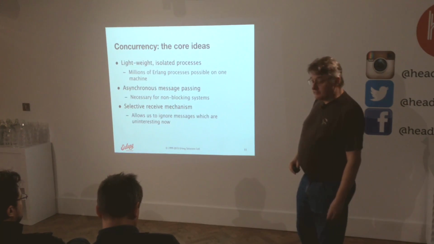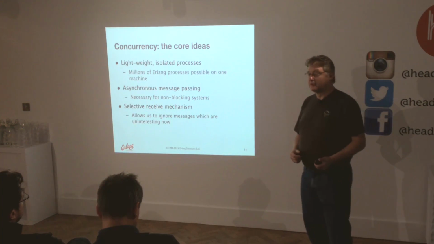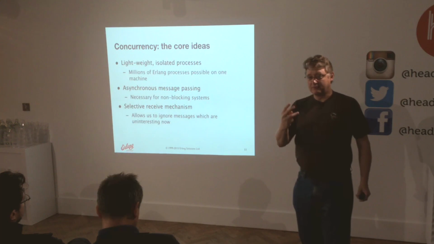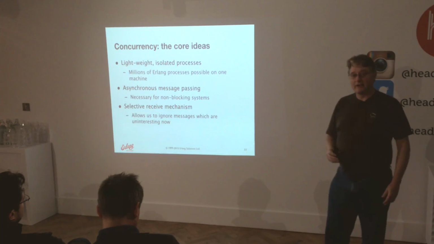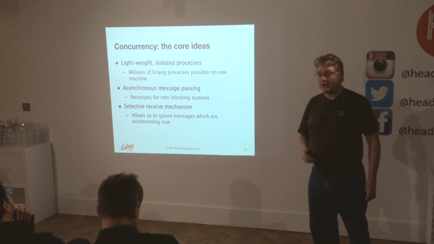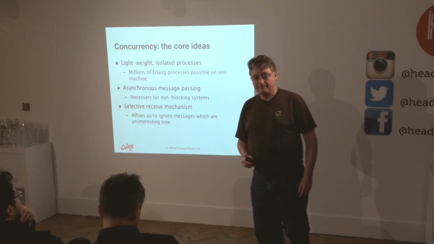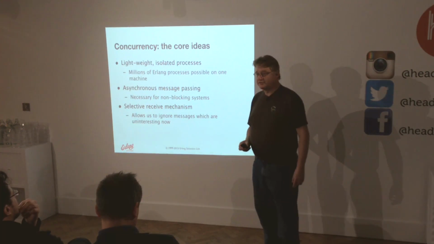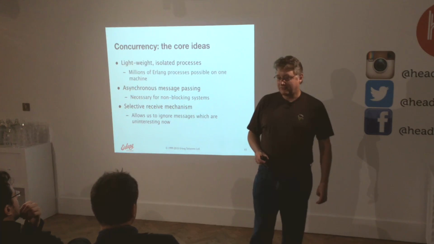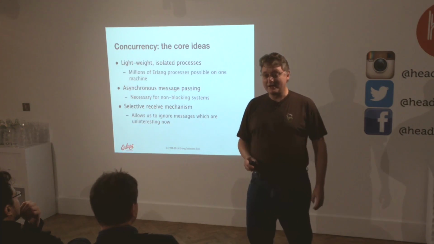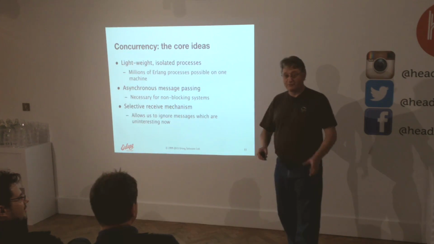And how do we do it? Well, we actually managed to get it very simple. There are three basic principles that underlie the whole Erlang concurrency model. We have lightweight isolated processes. They are truly lightweight. You can run millions of Erlang processes on one machine. The current implementation sets the limit at 134 million. I have never seen anyone run that many. You tend to run out of memory before that. Ulf Wiger got up to 20 million. He was just creating processes.